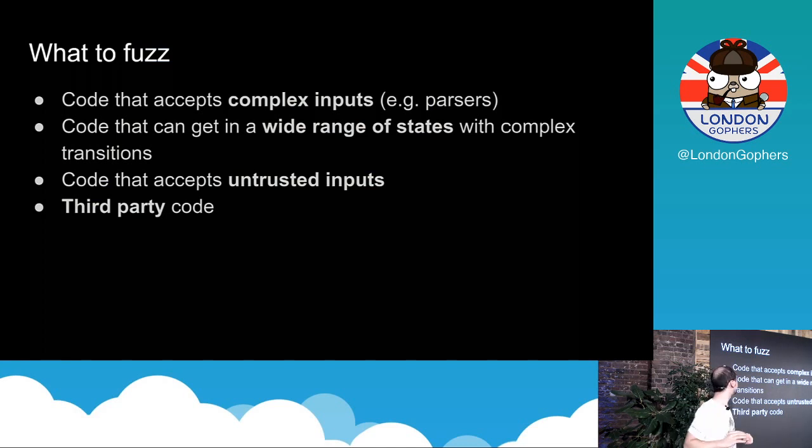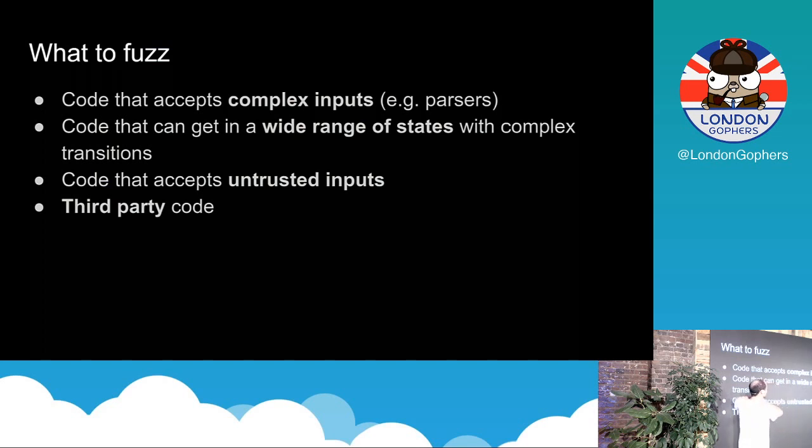This is interesting because I found this in a public guidance on what to fuzz. Code that accepts complex inputs, those are usually parsers. If you think that JSON is not complex, we'll see an example in a bit. I mean, integers have proven to be pretty complex, so that is going to be fun. And also, not just stuff that accepts random or complex inputs, but also stuff that goes through complex states. If you have a big state machine, even if it accepts a small, supposedly simple input, you might want to test this with fuzzing.